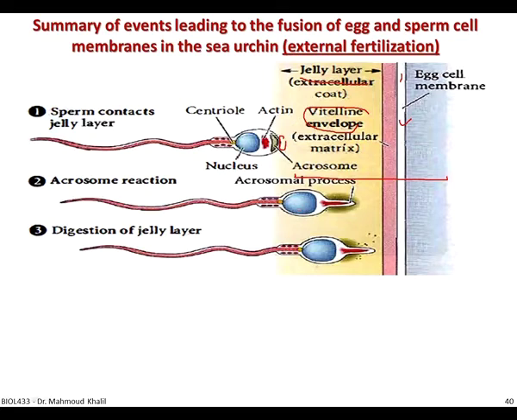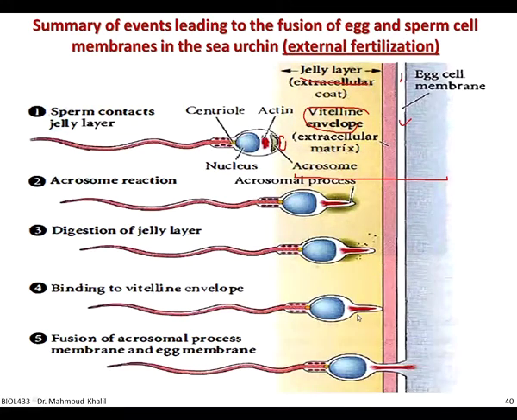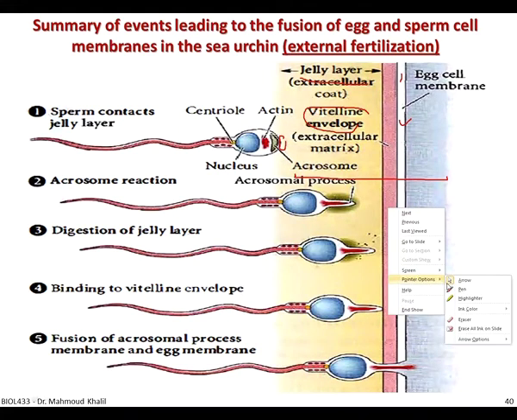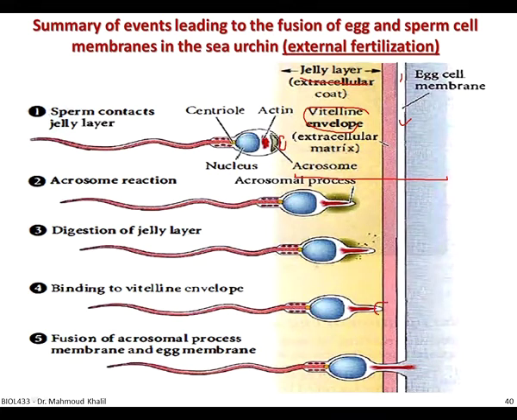And this is helped by the acrosome reaction, and you can see some secretion from the acrosomal region, helping the sperm to penetrate toward the jelly coat and toward the cell membrane. During its movement, the enzyme secreted from the acrosomal region digests the jelly layer until it reaches the vitelline envelope. Here starts the process of binding. You can see that there is binding between the tip of the sperm, the extended region of the acrosome,